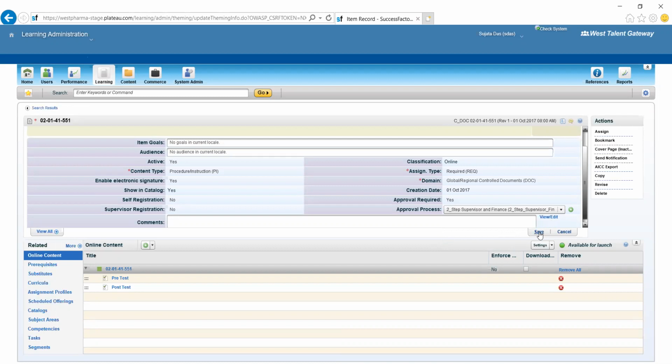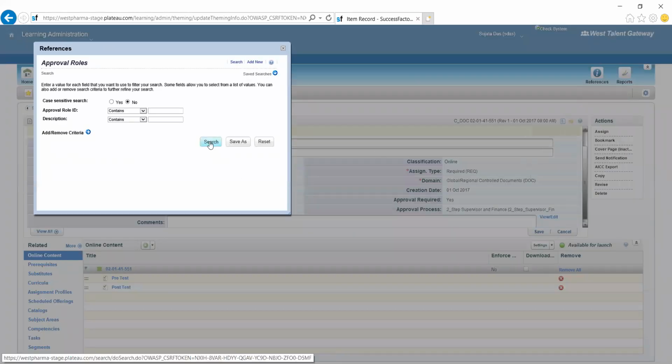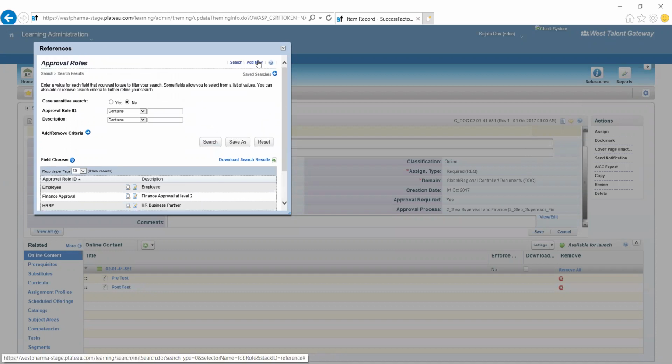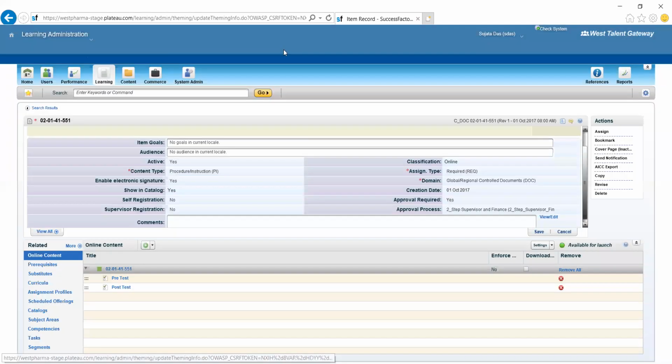It is an admin activity. But as a consultant, you must know how to create a new approval workflow. So this is the process we need to follow. So in the system admin, you can see there is the approval process we have seen. Similarly, the approval roles is all about the roles which we have created, right? That finance approval at level 1, we have created it on the fly. But if you want to create from here also, you can come here and create. Before creating any process, you can come here and create a custom approval role. Then later on, you can go to creating the approval processes.